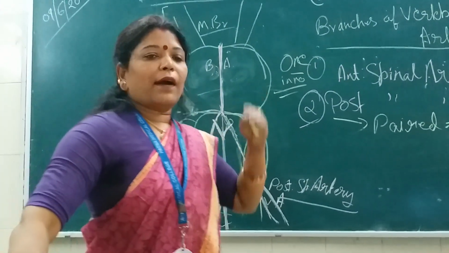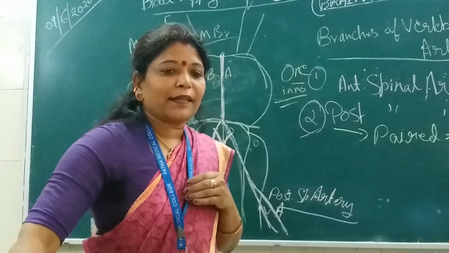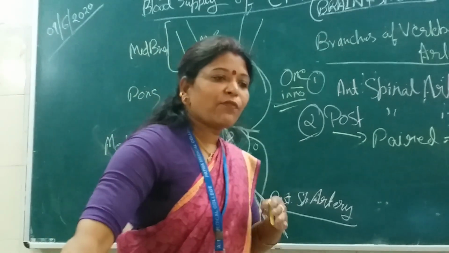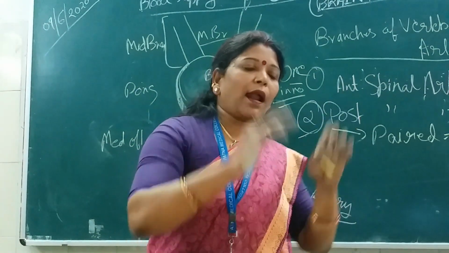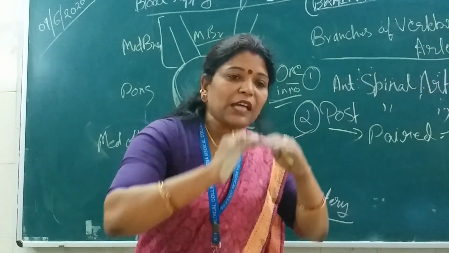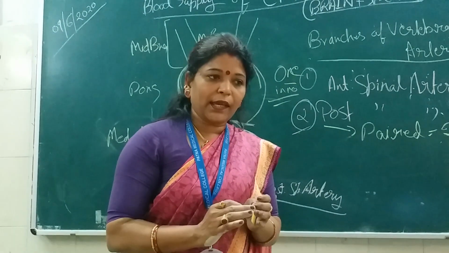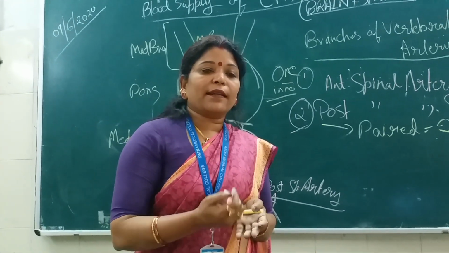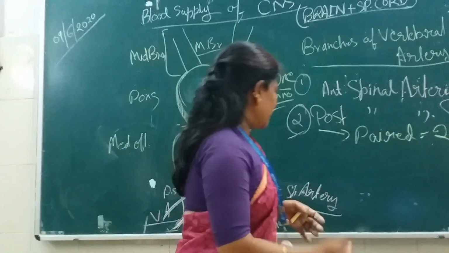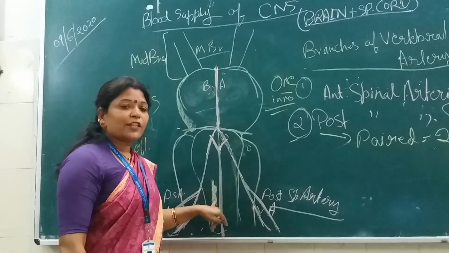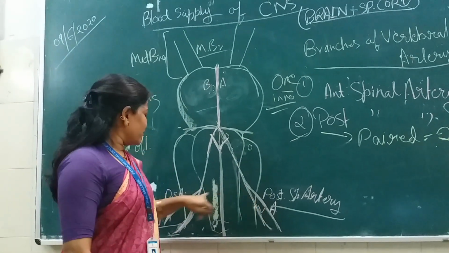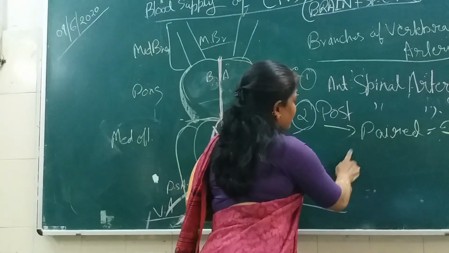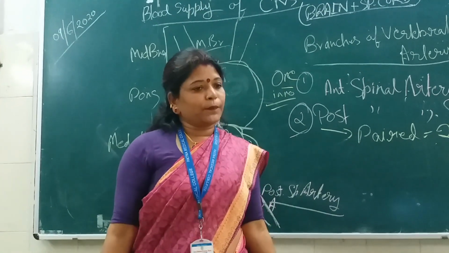So from above downwards through the foramen magnum, the spinal arteries are coming. If you are asked in viva, you have said spinal arteries are the structures which come downwards through the foramen magnum. Okay. Then the examiner will ask how many arteries are there, anterior and posterior. Next question. There is only one anterior spinal artery and a pair of posterior spinal arteries which run through the posterolateral sulcus of the spinal cord.